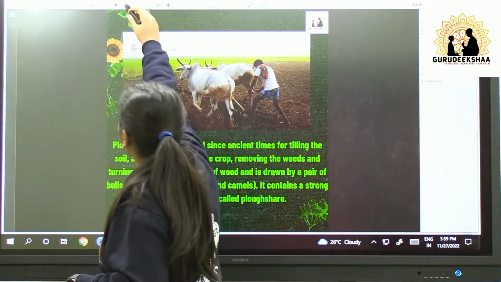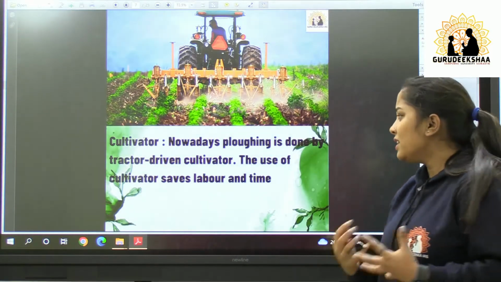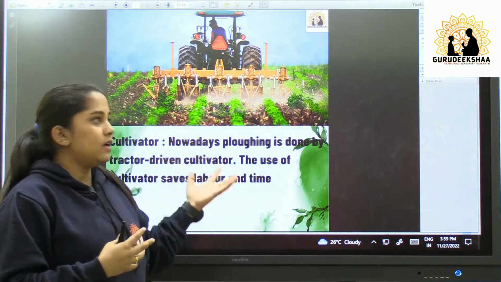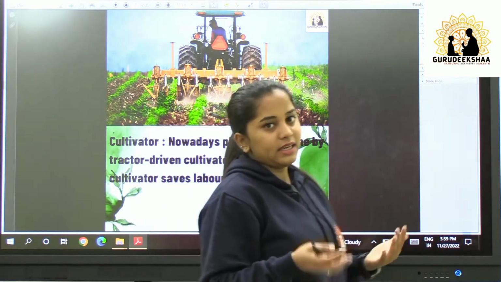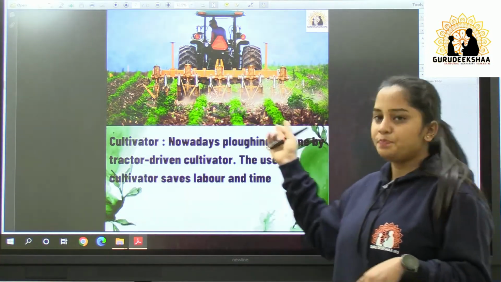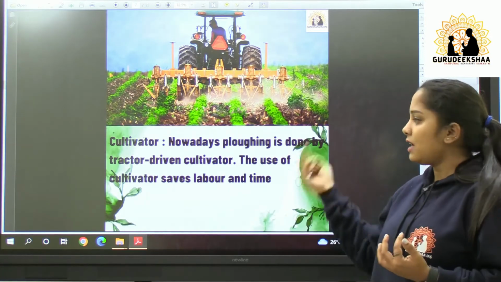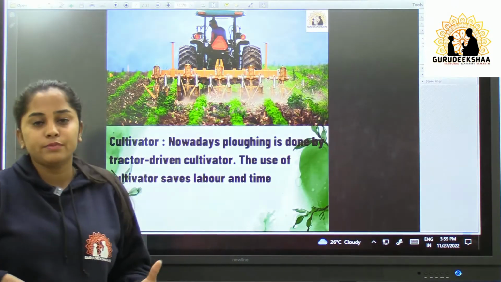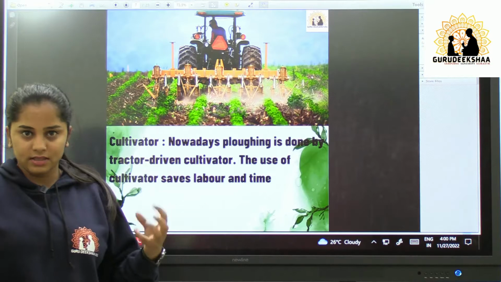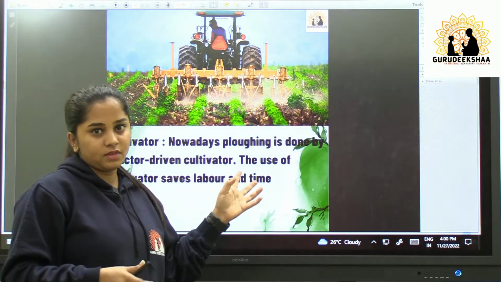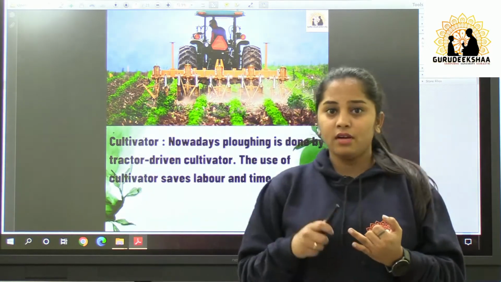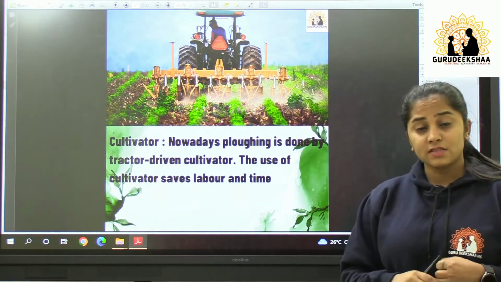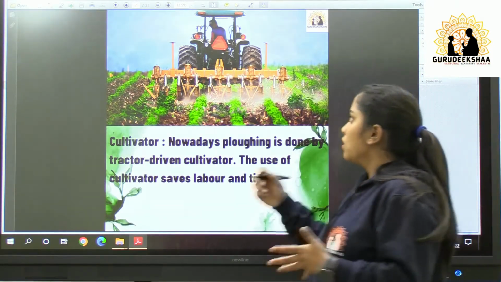Coming to the next slide. Cultivator. What is a cultivator? Nowadays plowing is done by tractors, right? We know this. If we go to the villages or any urban areas, we see people plowing their farm with tractors. So this is the revolution that has happened from ancient times to our time. The labor and time, everything is solved by this tractor. The cultivator saves both labor and time. So coming to the next one,